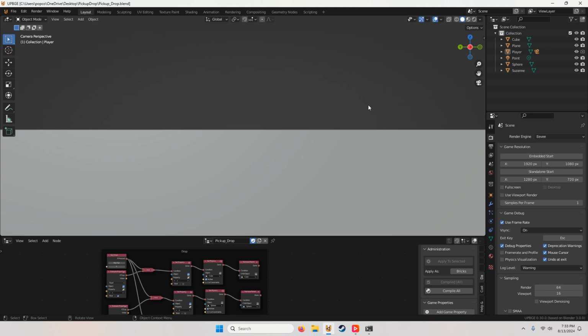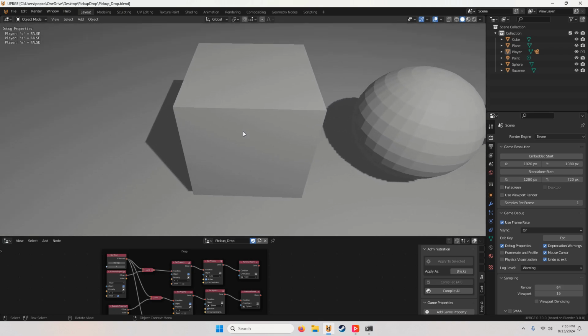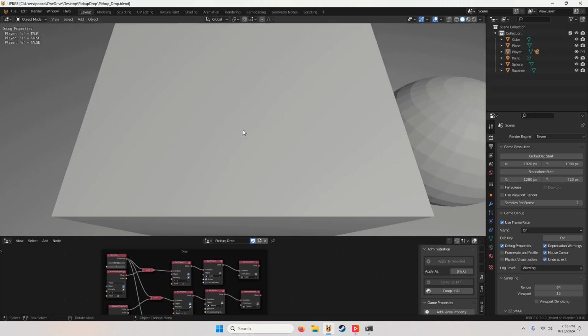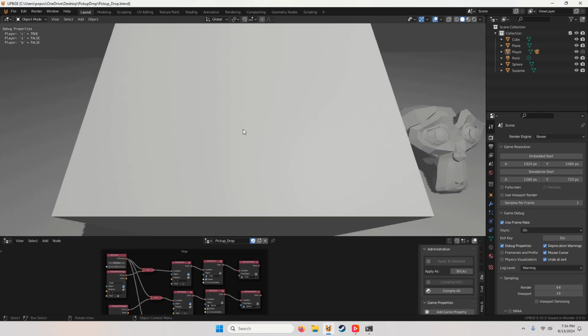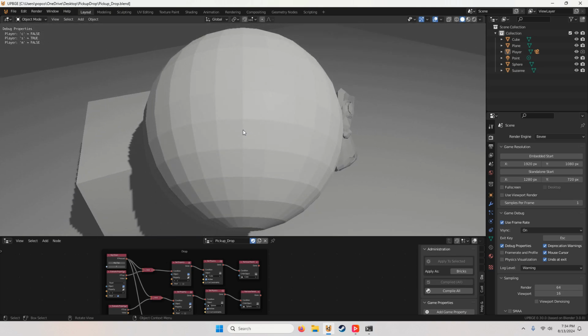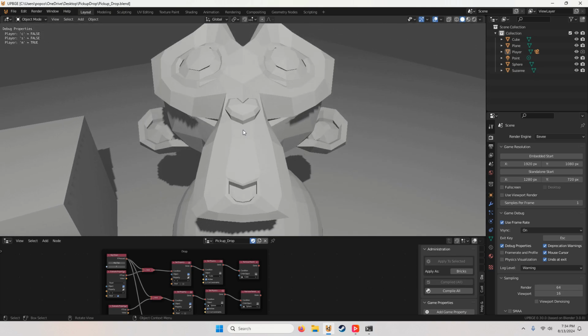Once you pick the objects up it is true, then you drop them, it will equal false. When you have an object and you want to pick up another object, it automatically drops and picks up that object. So yeah, the improved item pickup drop system.